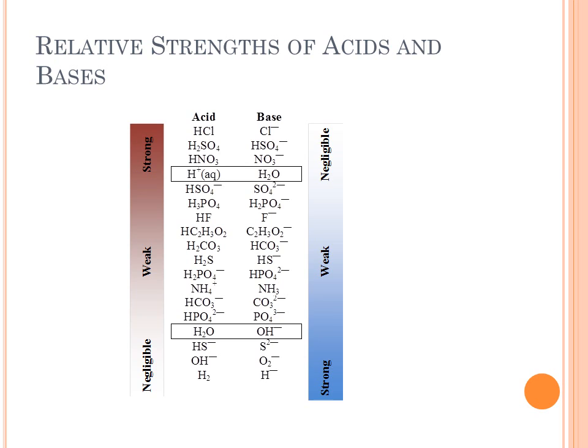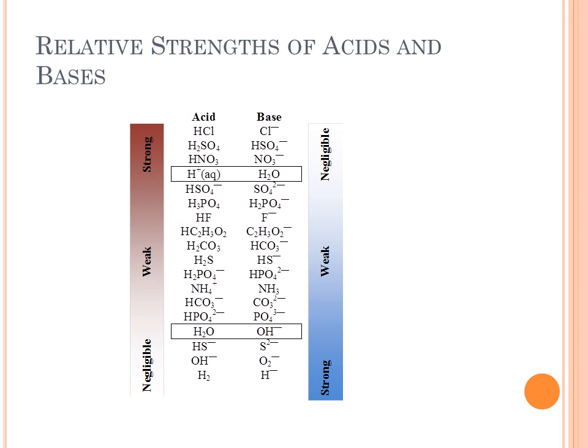If we look at this scale, we can see the strong acids are at the top and left. And so you've got things like hydrochloric and sulfuric and nitric acid, all fully ionized to form H+. You can see the conjugate bases on the right-hand side. Things like chloride and bisulfate and nitrate aren't bases. But once you get below that box with the H+ and the water in it, the acids on the left are weak. They don't completely ionize,